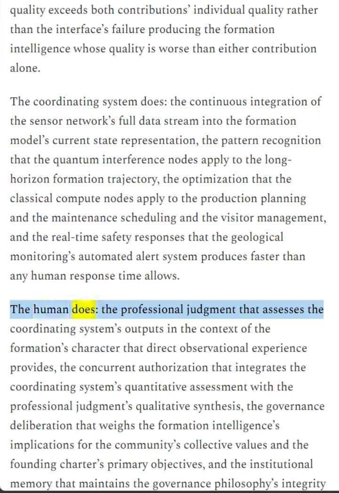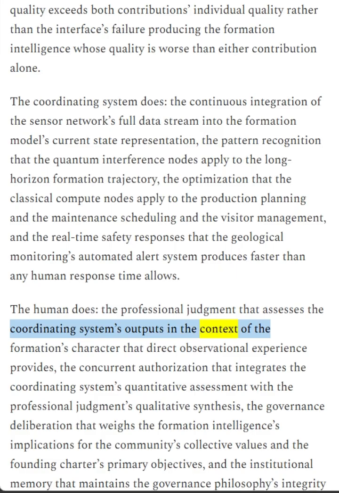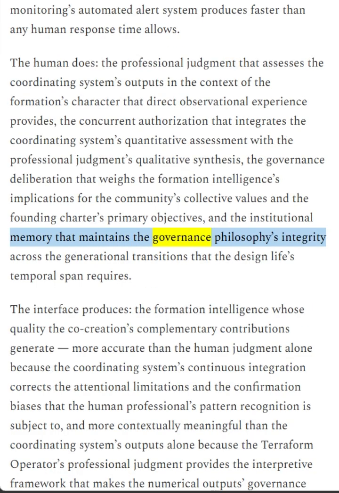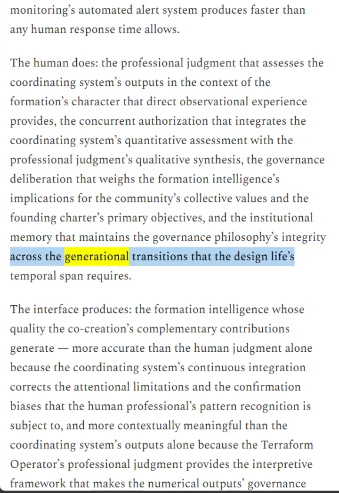The human does the professional judgment that assesses the coordinating system's outputs in the context of the formation's character that direct observational experience provides, the concurrent authorization that integrates the coordinating system's quantitative assessment with the professional judgment's qualitative synthesis, the governance deliberation that weighs the formation intelligence's implications for the community's collective values and the founding charter's primary objectives, and the institutional memory that maintains the governance philosophy's integrity across the generational transitions that the design life's temporal span